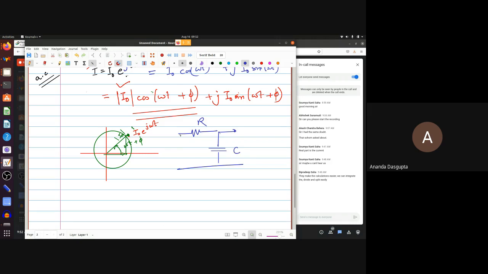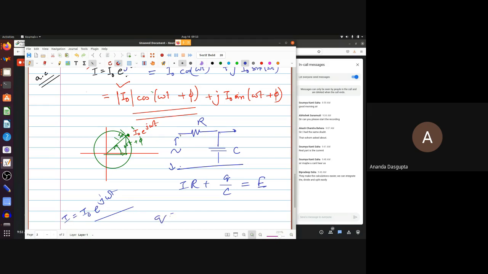Then the equation which this circuit obeys is of course something like this, equal to whatever input E that you have here, some sinusoidal input. Now, if I is like I0 e to the j omega t, then Q,